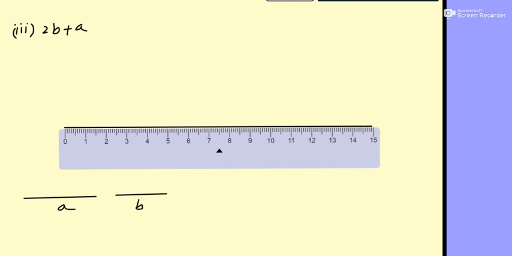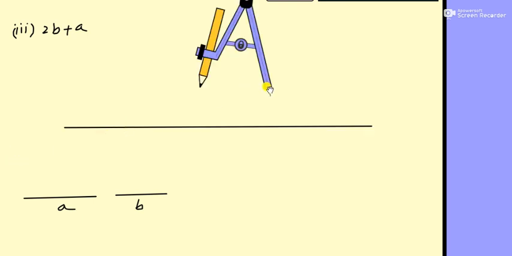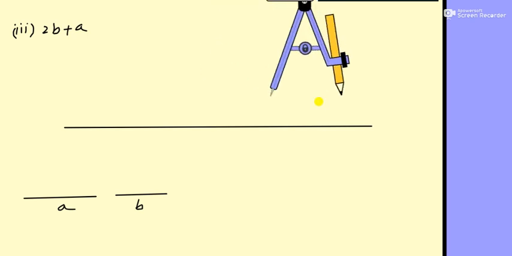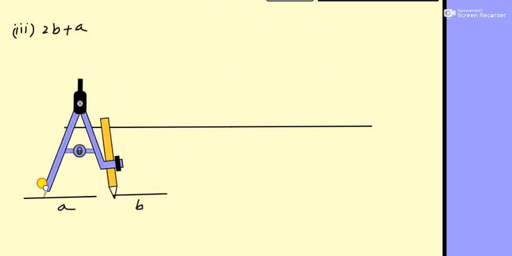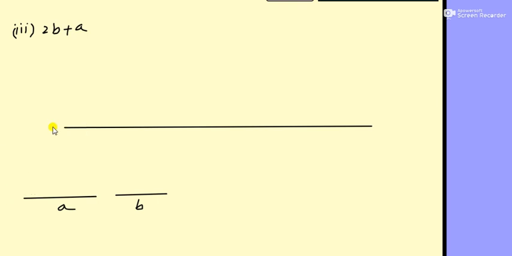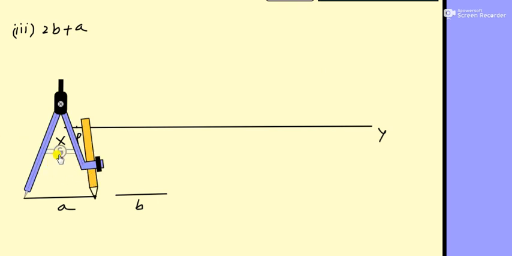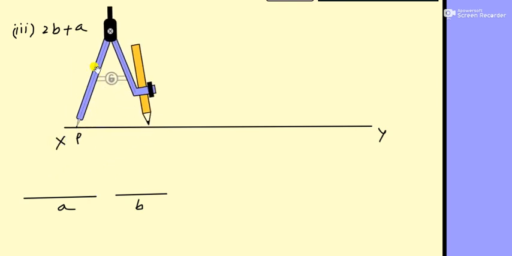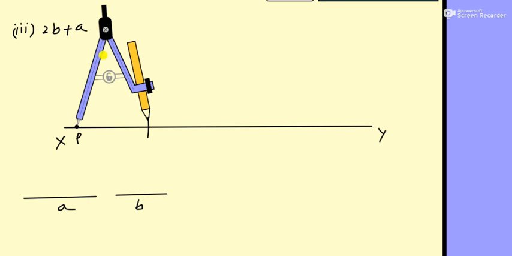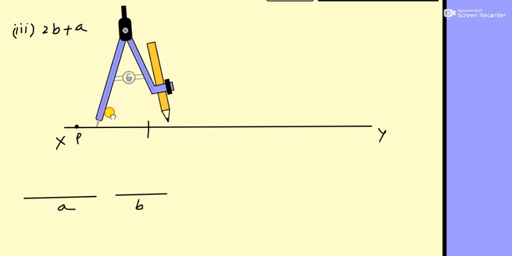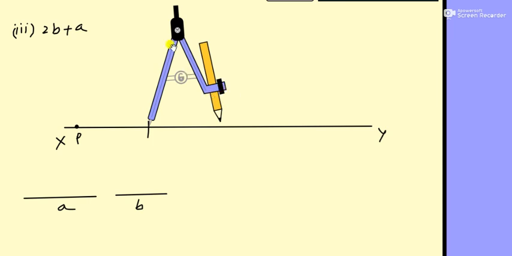So remove this scale and take roundel. First remove this one and write the line on line, that is the XY. It is XY and take a point P here. It is the P. Now with the help of roundel we can measure the length of small a. So keep the point P at P and make an arc like this. So that point is Q and we can take another arc at this point Q. You can make another arc.